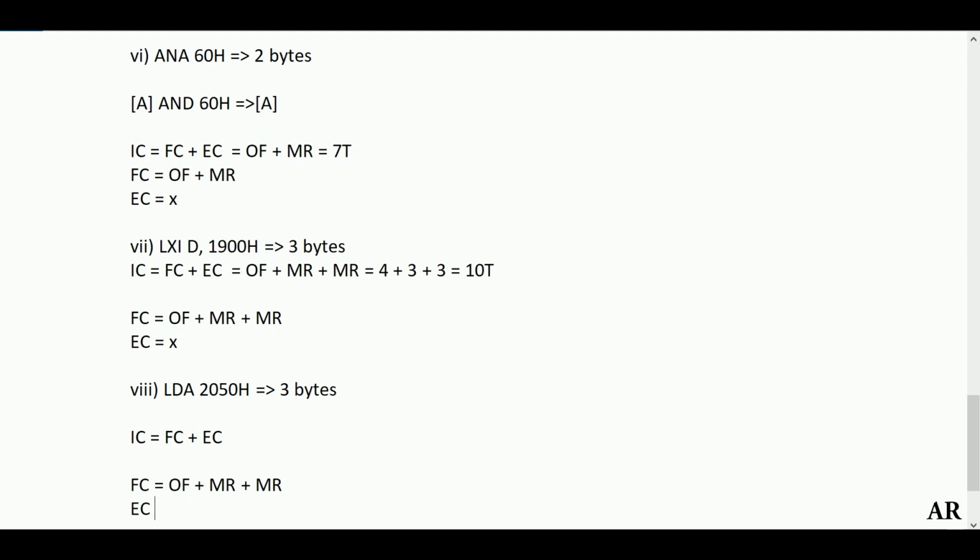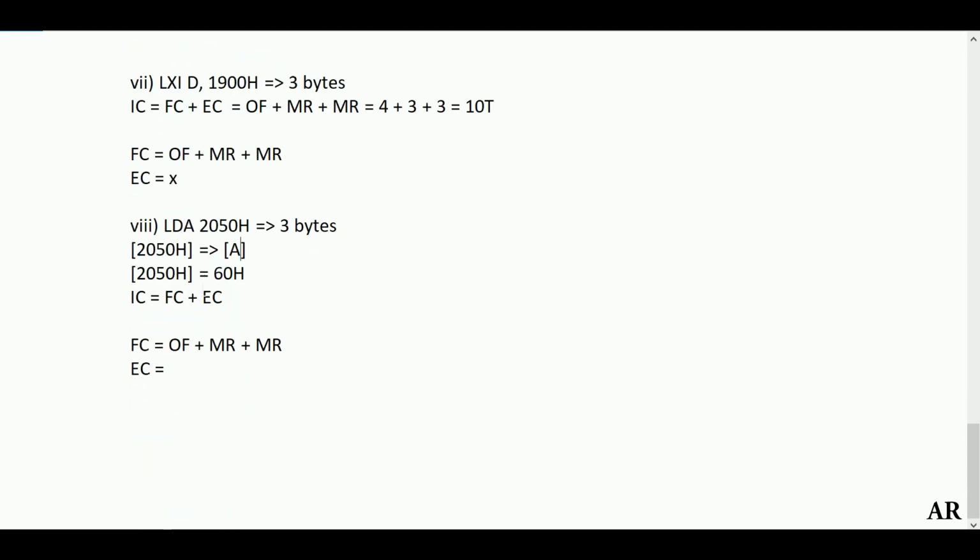What about your execute cycle? Now LDA means load the content of accumulator with 2050. This means 2050 content will be sent to your accumulator register. Please remember, the LDA command means load. So load means the data will be moved from the memory to the register. STA means store. That means the data will be moving from your register to the memory. So suppose we have our data at this location 2050H as 60H, so this 60H, that is present in 2050, will be moved to your accumulator.